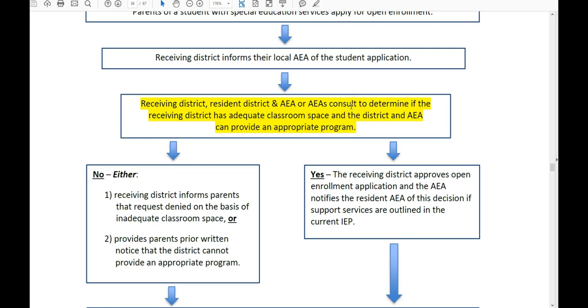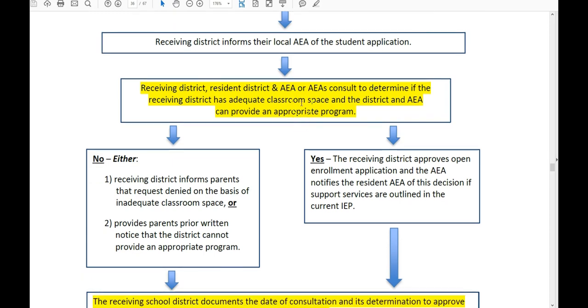They will work together to determine who from the AEA will be represented in the meeting to have this discussion. So that could either be a regional administrator or a special education rep or both. Okay, then some decisions are made based on that meeting. It could be no, so it could be a denial based on classroom space,